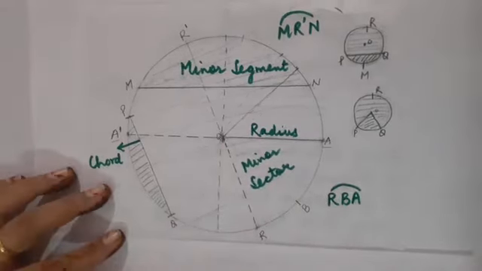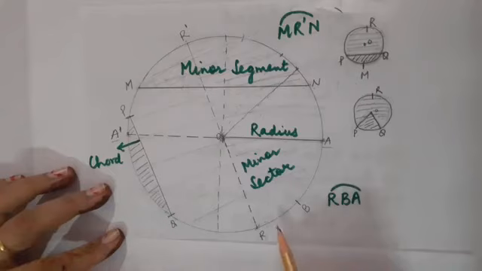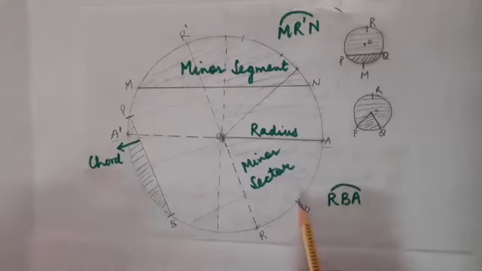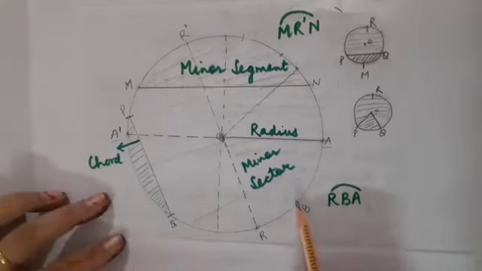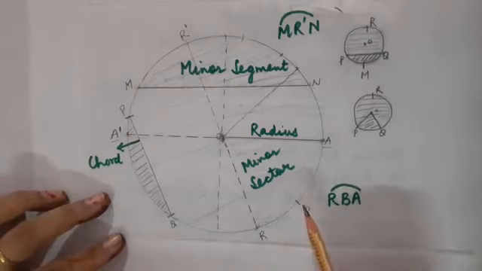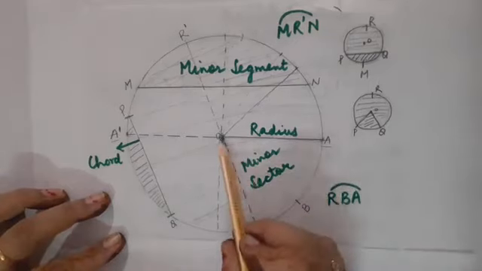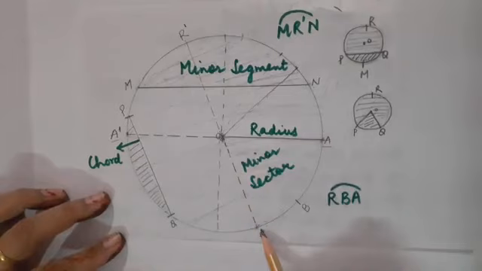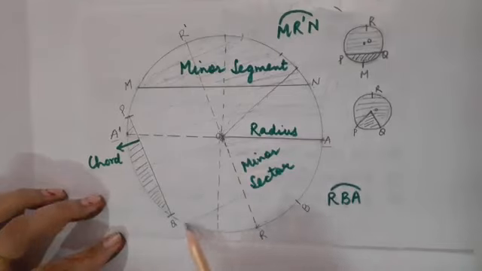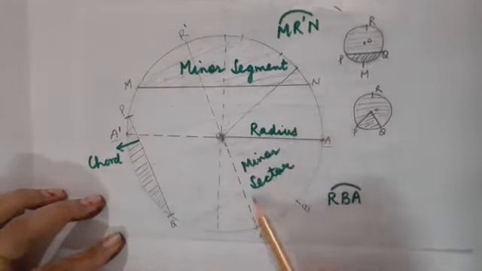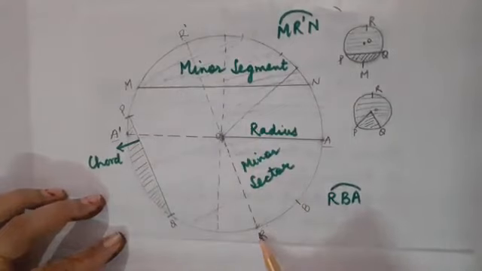Now children, our most important point is, what do you mean by sector? As I have just told you about minor and major arc, so definitely using the same arc we are going to draw the minor as well as major sector. Here children, you can see that RBA is a minor arc. Okay. So using this arc, I have just drawn a minor sector. But the rest of the part will be known as major sector. How? Please be alert.